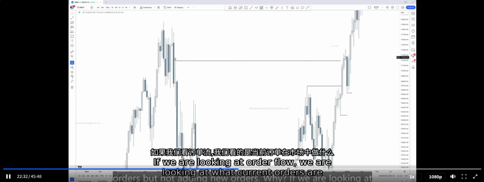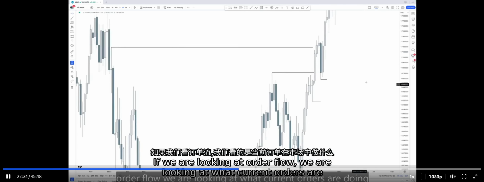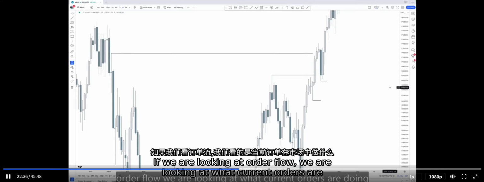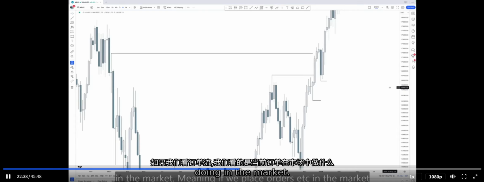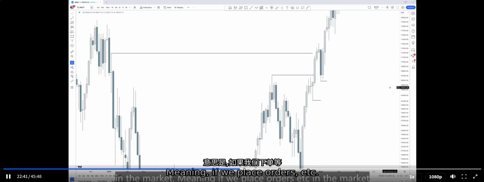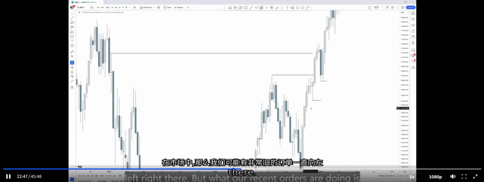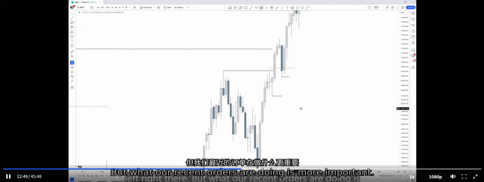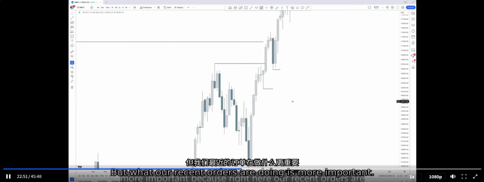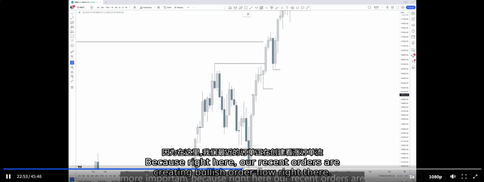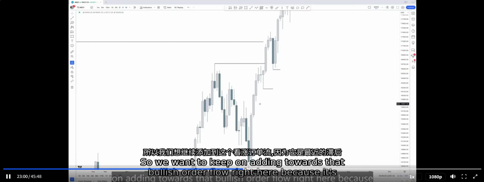Why? If we are looking at order flow, we are looking at what current orders are doing in the market. Meaning, if we place orders, etc. in the market, then we might have very old orders all the way towards the left right there. But what our recent orders are doing is more important, because right here, our recent orders are creating bullish order flow right there. So we want to keep on adding towards that bullish order flow right here